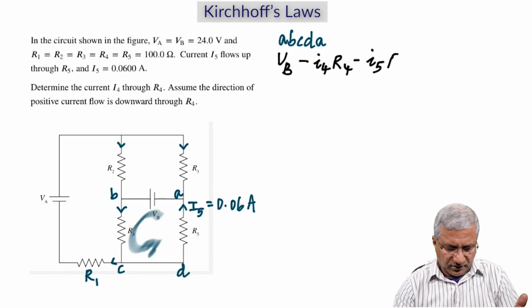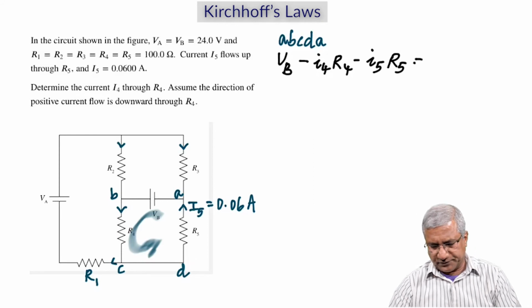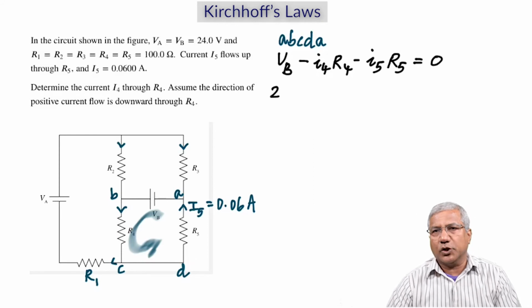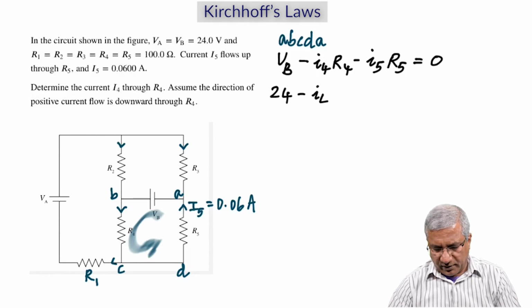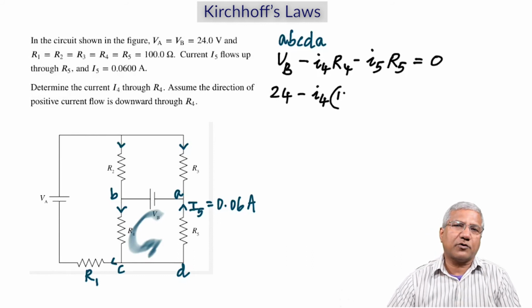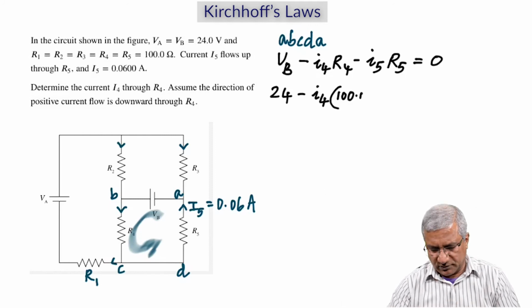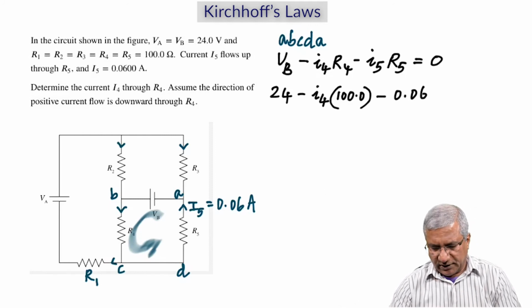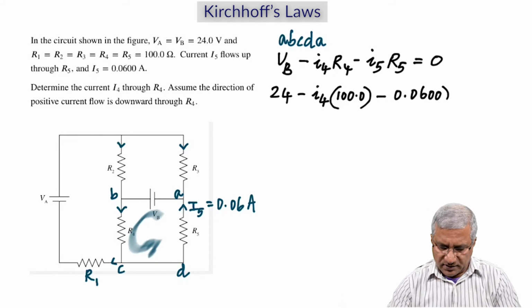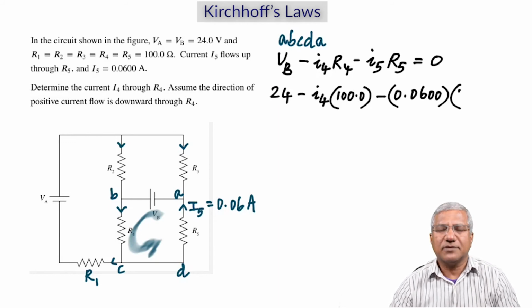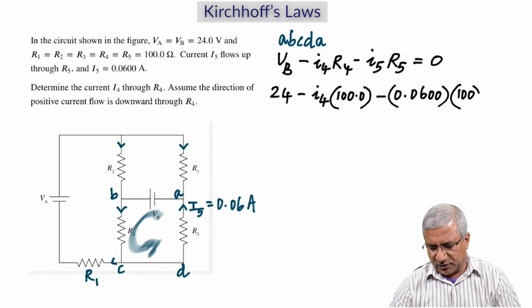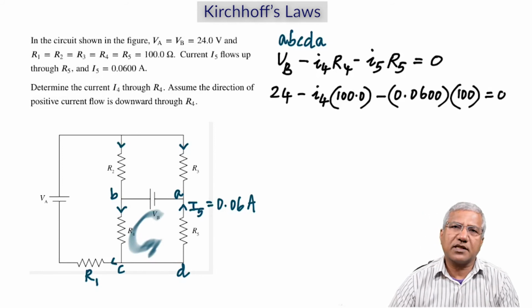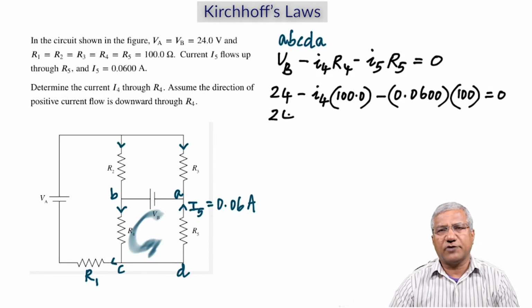All right, and then substitute the values of whatever we know. 24 volt is given. I4 is what we're looking for, but we know R4 is 100 ohms. In fact, all of the resistances are 100 ohms. I5 is given times 100 ohms is equal to 0, and then solve this equation because I4 is the only